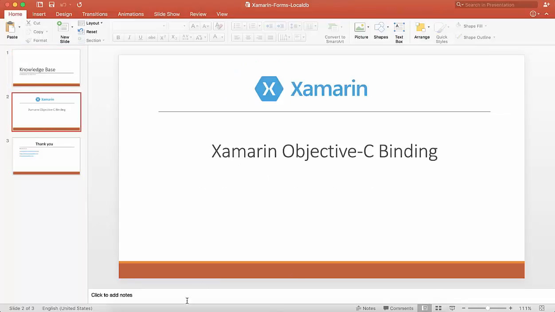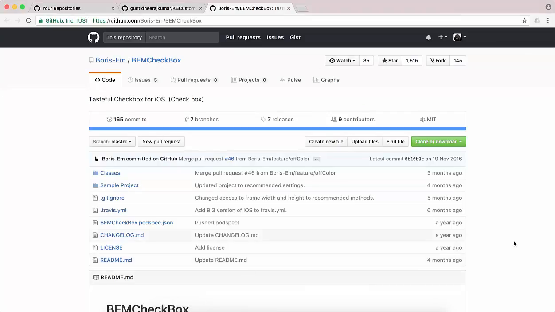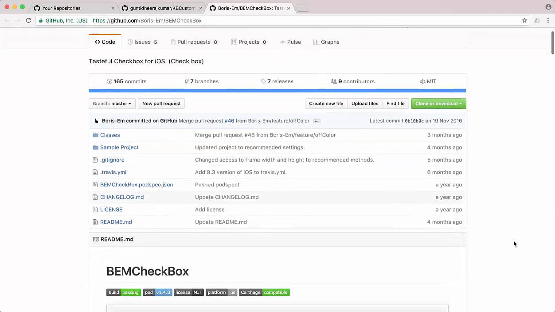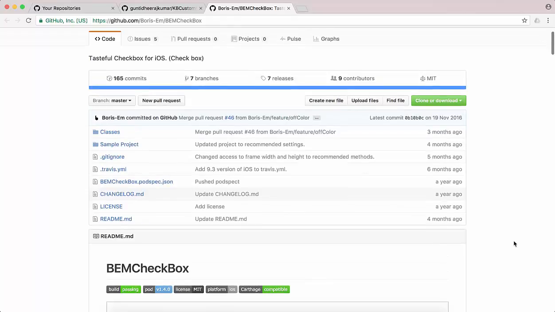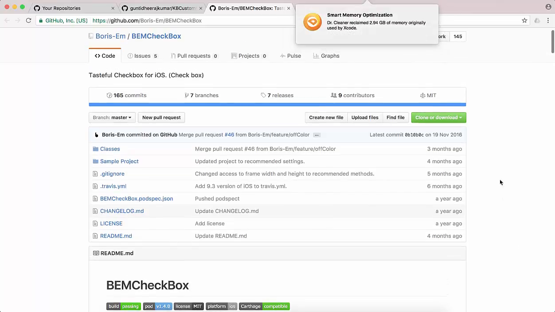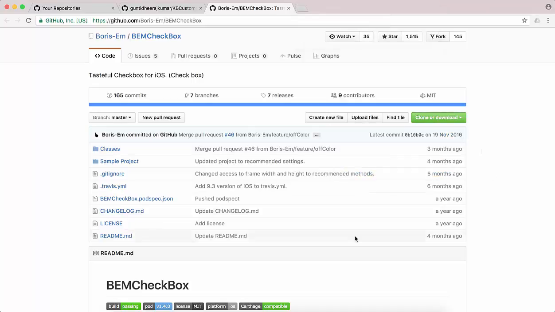For this sample I'm just taking a library from GitHub, which is BEM checkbox. We are trying to convert this into a binding, and we'll use that particular binding in our Xamarin application. So just download this particular library and go to Xcode